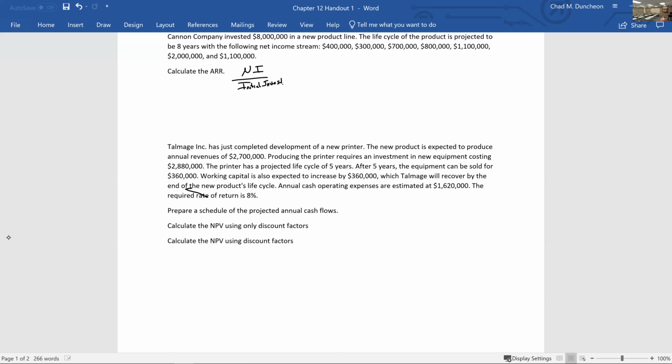initial investment, right? And I shouldn't say net income, it should be average net income. So to find an average net income, you just add them all up and divide by how many you have, right? We have 1, 2, 3, 4, 5, 6, 7. We are given 7 incomes. When you add them all together, it comes out to 640,000. So you would think divide that by 7, right? But no. They expect the project to be 8 years, so we divide it by 8 to get our average income